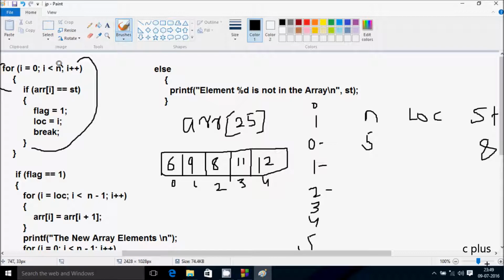So i is 2 now. Check the condition: 2 less than 5, the condition is true. So if arr[2] double equal to st. arr[2] is 8, and st value is 8, so the condition matches. So right here flag becomes 1